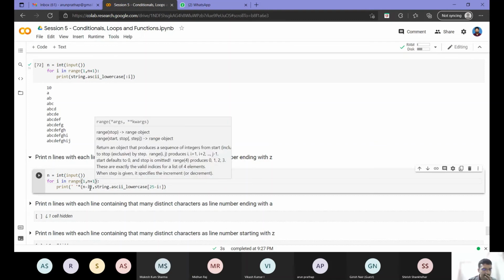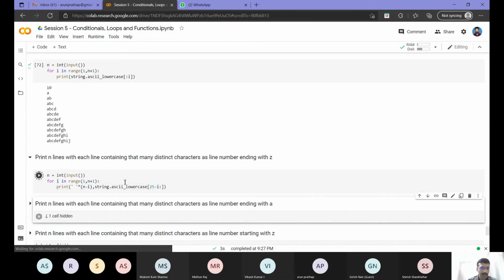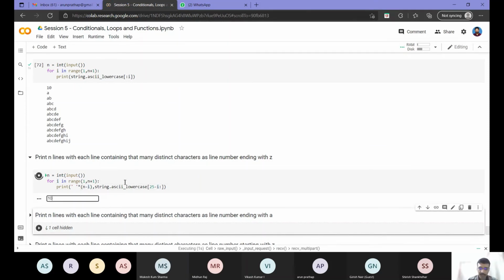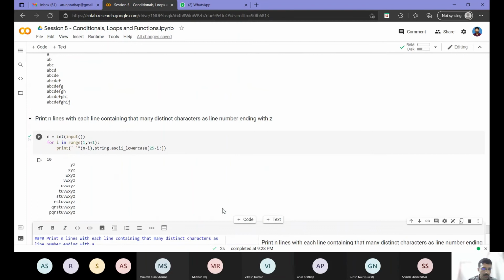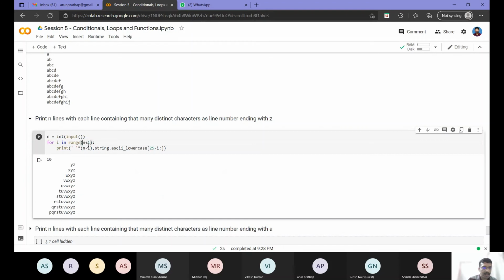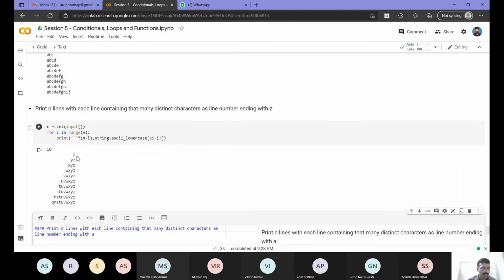Then I am printing n minus i spaces, and I want it to be right aligned as well, so that I can appreciate it. So in both cases, we merge the examples. As you can see, we can start from n itself here, since we have turned the loops that way. So first line will be Z, second line YZ, that way. This example is clear, right? Same as what we did for stars. I am just printing it right aligned, and instead of starting from A, I am printing that many characters ending with Z.